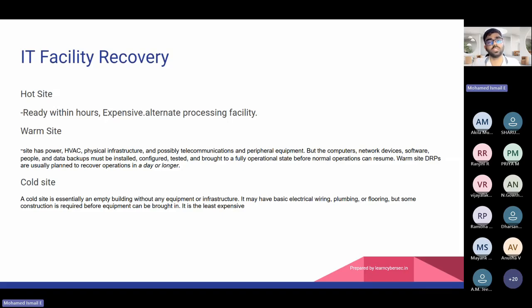A hot site is expensive because you are managing a secondary office, office B in Viluppuram, with the necessary office location, space, and hotel reimbursement. I mean, you are supporting the employees to stay over in the next nearest location. This will make the business expensive, but your business will not be interrupted. So a hot site is one option. Whenever there is a possibility, companies will go with a hot site. If a company is business critical, then they will keep a hot site or alternate processing facility. So that is what a hot site is.